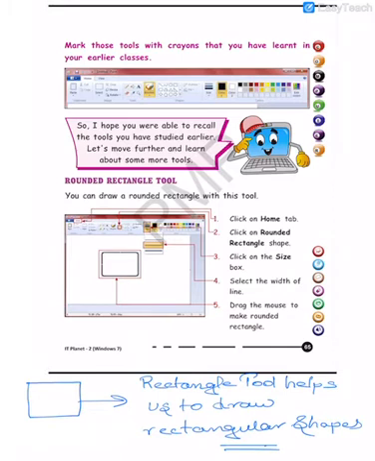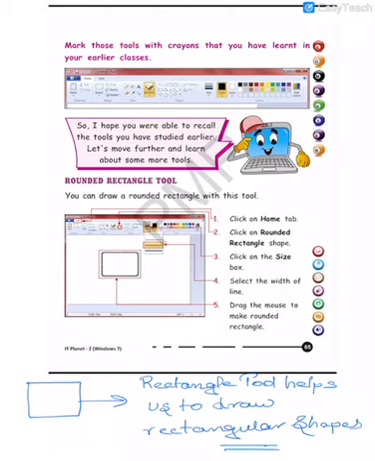Any form of rectangular shape can be drawn with the help of the rectangle tool. Two things you have to remember here. We can draw a rectangle of any size and any width. You can increase or decrease the size as well as the width.